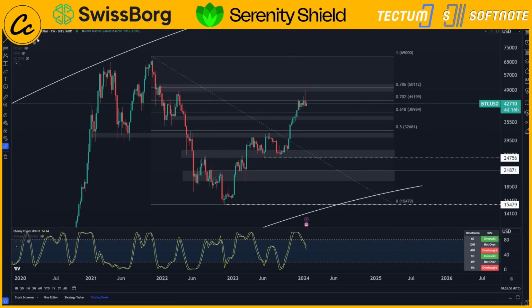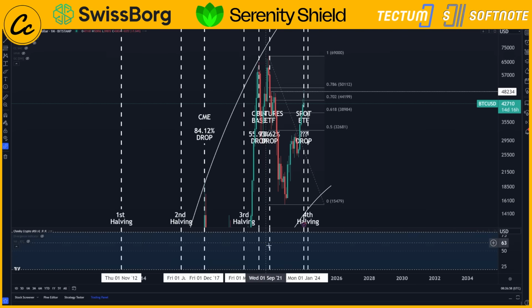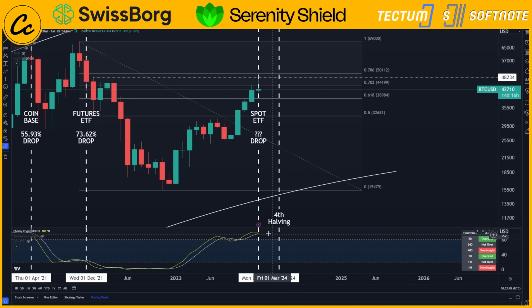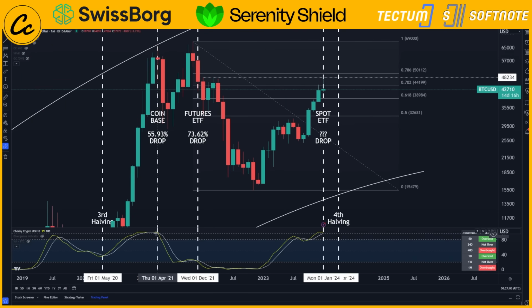Now, the monthly stochastic RSI is still up in that overbought area. Okay, let's go ahead and just pan this out for a second. You can see it's up here in this overbought area still. This is not a good place to be. Last time it was at this overbought, it was on the Coinbase IPO. So not only is the stochastic RSI overbought in the same way that it was with the Coinbase IPO as it is with the Bitcoin spot ETFs, and we can see that what happened previously here